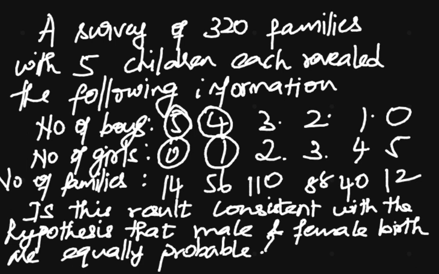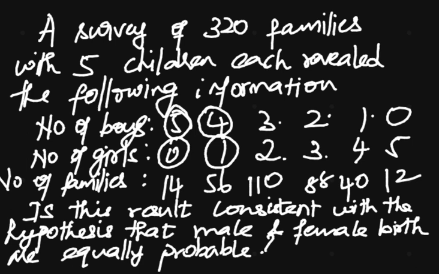Okay, we are taking 320 families and we have examined in each family how many boy children and how many girl children there are. But the question here is whether the result is consistent with the hypothesis that male and female births are equally probable. We have to check whether male and female births are equally probable or not. For this, we have to consider